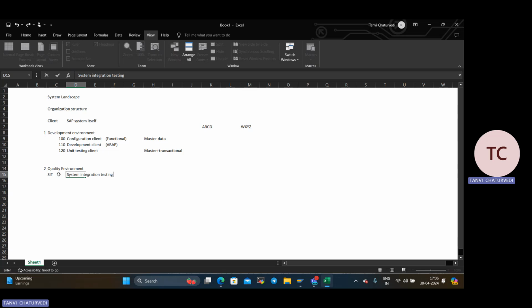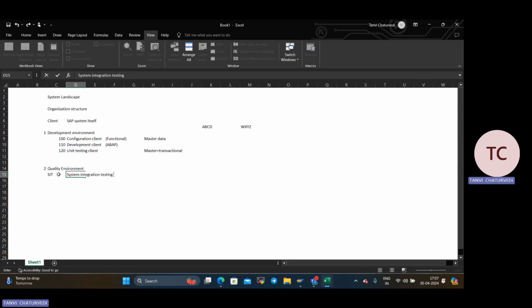So when I'm talking about system integration testing, there might be various other software like OpenText, other than SAP. Some third-party software for fetching exchange rates for banking purposes, or for any other purpose. Apart from SAP, there may be many other software with which the integration is happening. These are not directly connected. These are connected via some interfaces